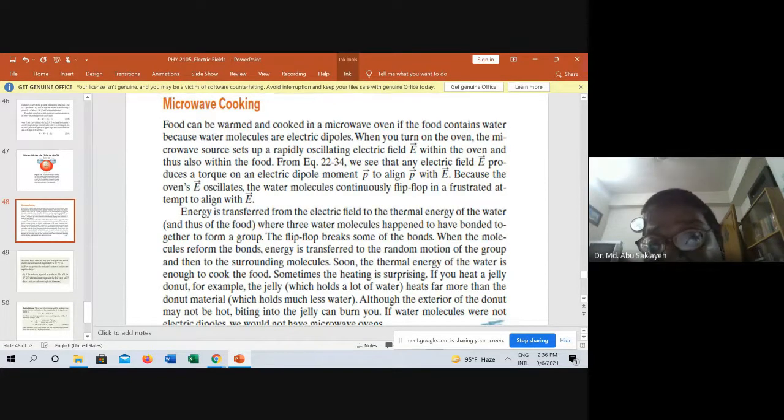Water molecules are electric dipoles. How? আমি যেটা বললাম আর কি, তাই না? যে কিভাবে ইলেকট্রিক ডাইপোলের মতো কাজ করে।